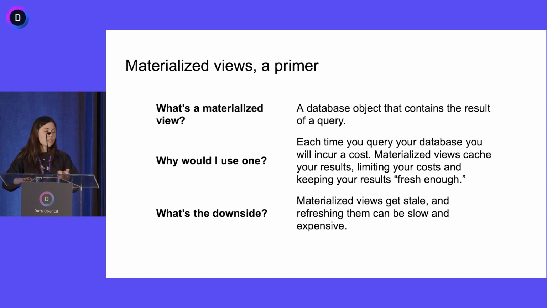As the data underlying that view changes, the result of that view changes. So it means that if you're selecting from a materialized view, you're going to be reading stale, out-of-date data, and to update that, you're going to have to perform the same expensive query as before. So using traditional materialized views, you face a trade-off between cost and freshness.